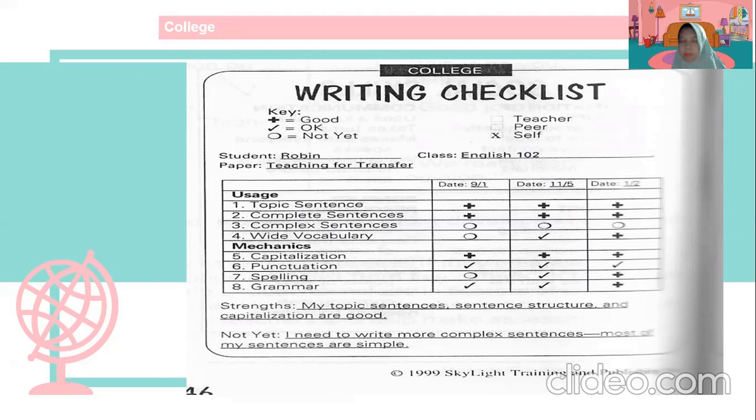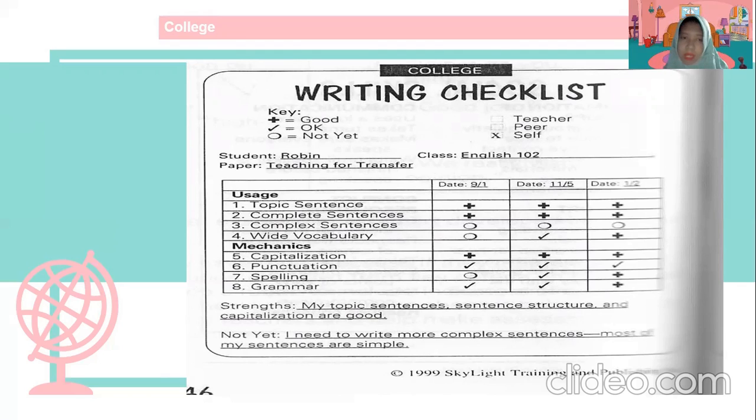So when Robin did this checklist, he knew that he had already done well, but it's not really satisfying because he often writes in simple sentences.